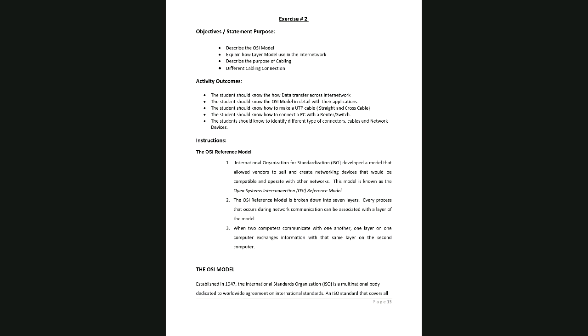Now in your section, you have 17 students. I'm going to divide these 17 students into two groups, batch 1 and batch 2. Batch 1 will have 9 students, batch 2 will have 8 students. In week 3, batch 1 will come, only 9 students will come to the university. In week 4, batch 2 will come, that is the remaining 8 students.